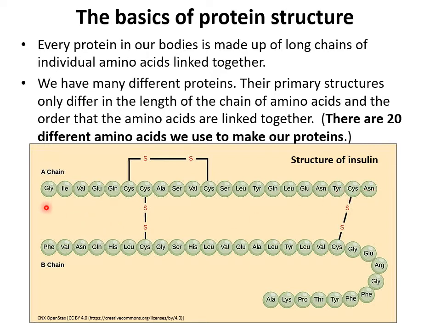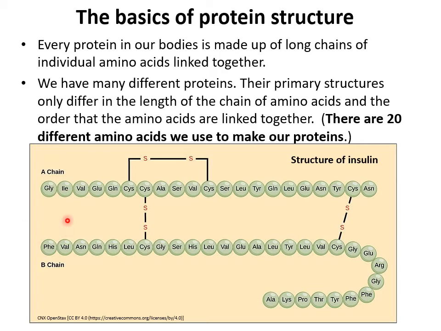It's kind of like having a necklace which starts with a green bead, a blue bead, a yellow bead, an orange bead. You get the idea. And if you are assembling a new protein, the instructions you need for assembly are: first you start off with the blue bead, then you move to the green bead, then you go to the yellow bead, and then you go to the orange bead, and you just follow the colors and the sequence and make the chain the proper length with the proper sequence of colors.